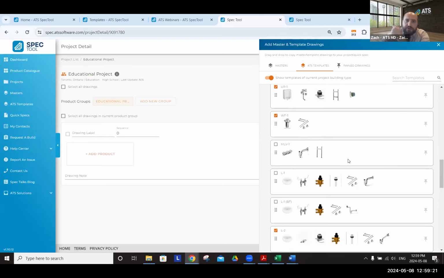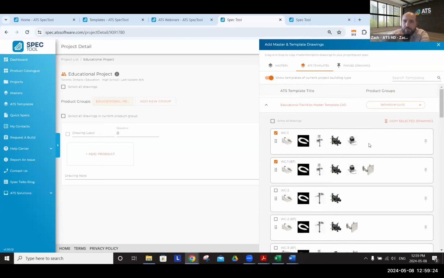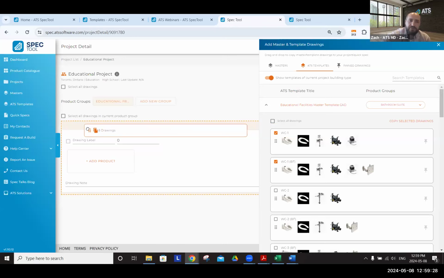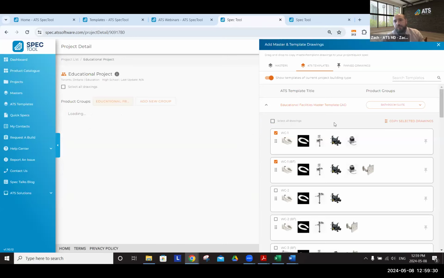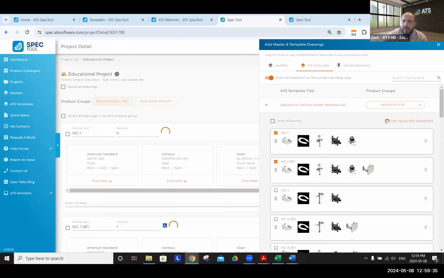So if you're on the engineering side, you may be looking for more mechanical equipment. I'll show you how you can find that. If you're on the architectural or interior design side, you may be looking for more partitions and accessories. So you can see I've just checked the box, grabbed this to copy the selected drawings and drag them over